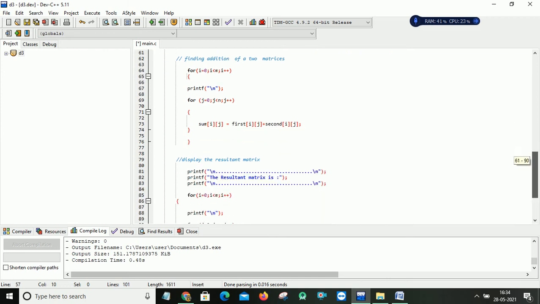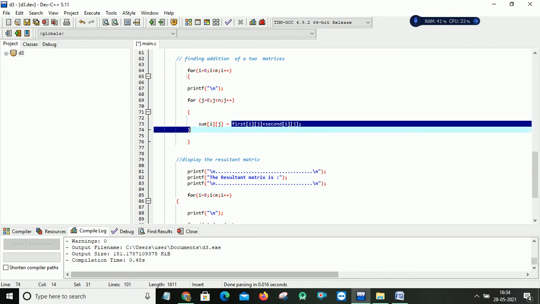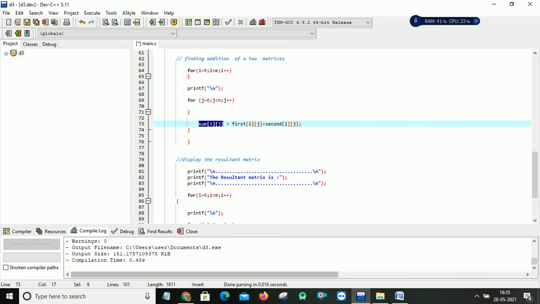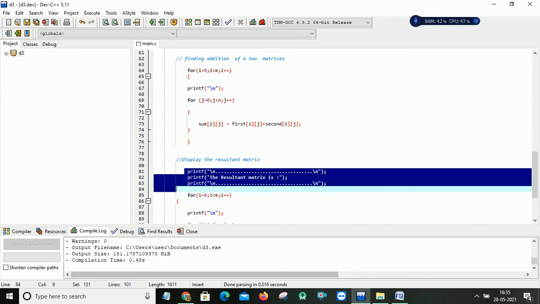In this way it adds all the elements of my arrays first and second, and the result will be kept at sum of ij. Now it's time to display the resultant matrix. I want to show the headings on my console. I have written these statements, resultant matrix, and before that it will show some dotted lines, and after that statement it also shows some dotted lines.